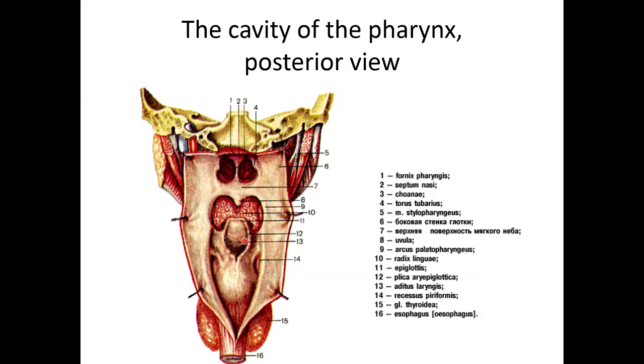This is radix of the tongue, and this opening is fauces or isthmus faucium, through which the food during process of swallowing passes from oral cavity to the oral parts of the pharynx. And here it is the vestibulum laryngis,